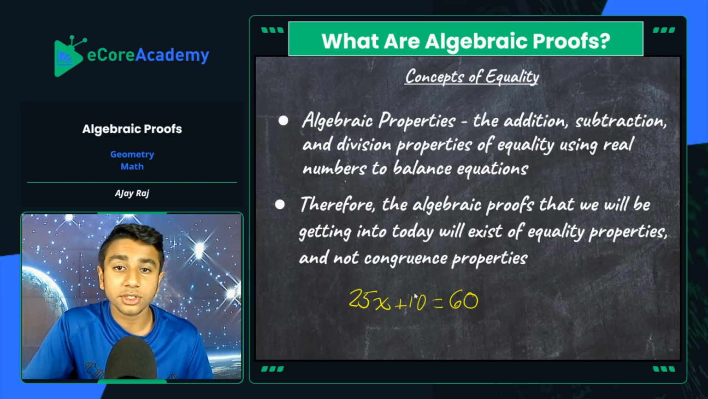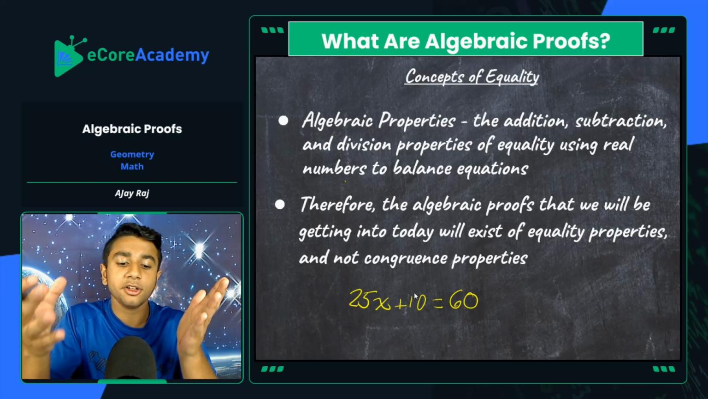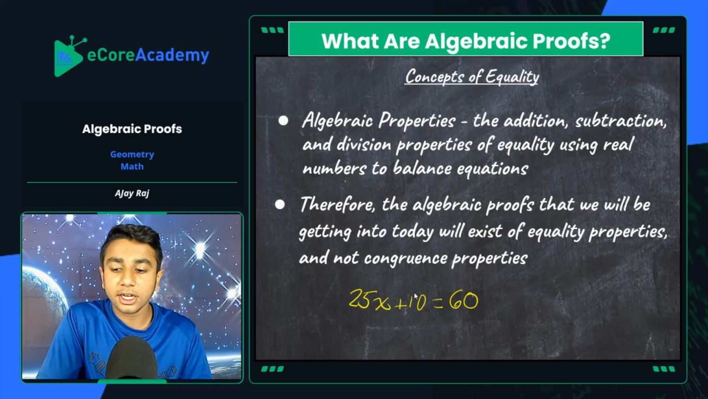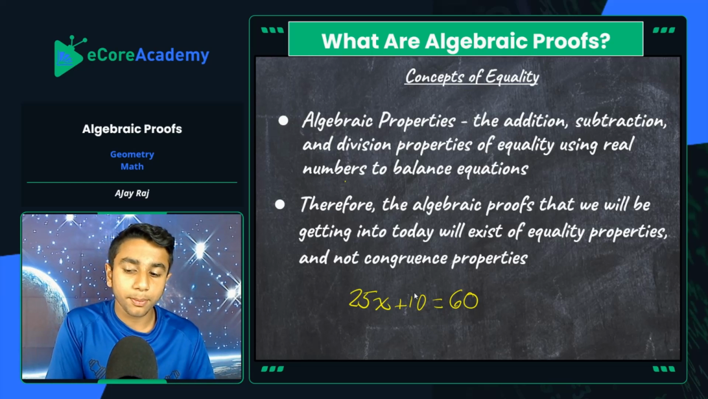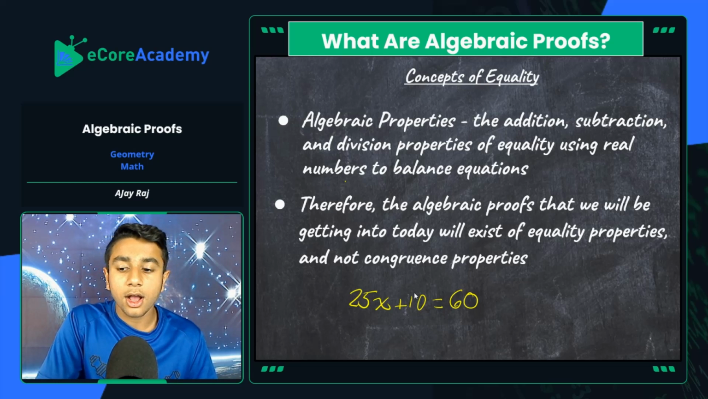These are ways that you can balance an equation by applying the same operation to both sides of the equation. Because of that, the algebraic proofs that we will get into today will consist of equality properties. The reason they won't be congruence properties, although equality and congruence mean similar things, is that equality has to do with balancing equations in general,